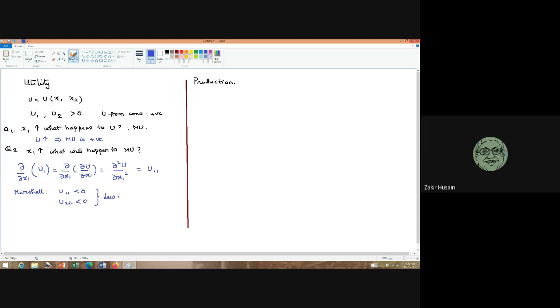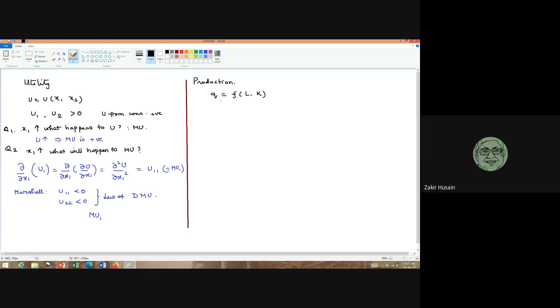This is the law of diminishing marginal utility, as you have correctly said. Now, if you turn to production, Q is a function of labor and capital. Here we were mentioning MU of X1. Yes, you can say it is MU1, but we don't write it in this way. We write U11. So technically you are correct, this is MU1, but we don't use this formula generally.